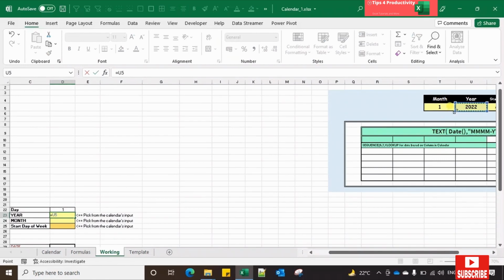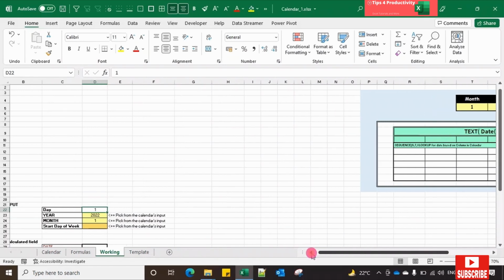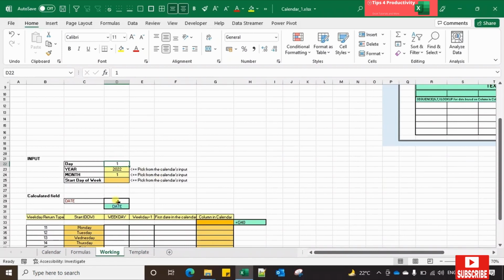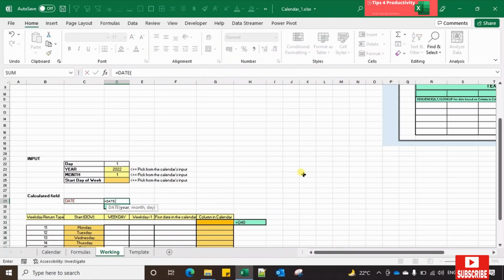So this is year, so I am referencing to year, press enter, equal to, and against the month, again equal to 1, press enter. Now every time I want to plot the calendar to have the first day of the month in the first row, so I will by default look for first. So in the day, against the date, let me call for the date function, where I will call the year